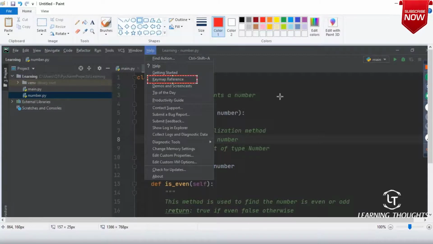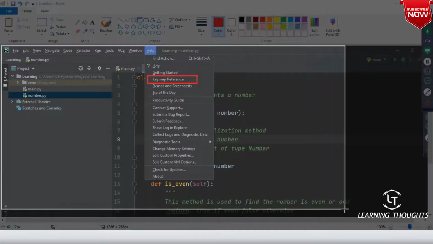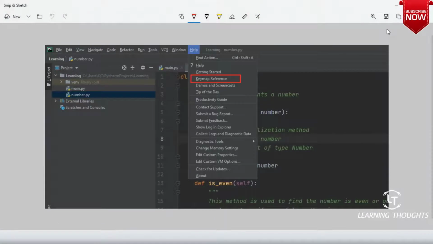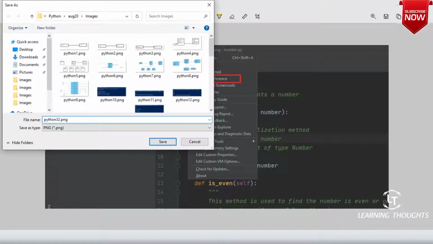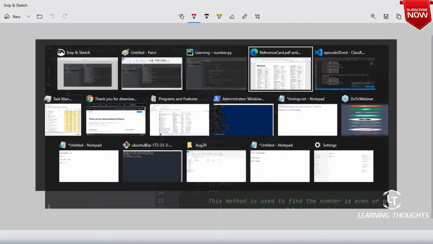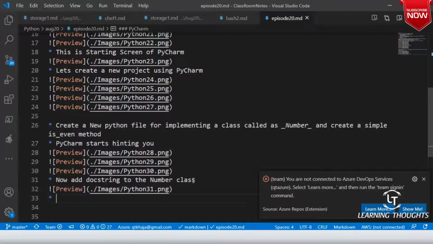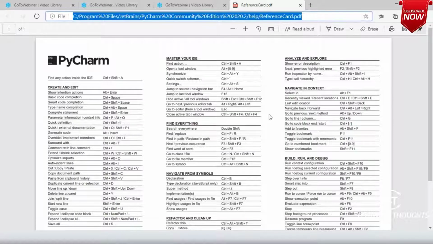And select key map reference. So when you select a key map reference, then you will be seeing something which looks like this.